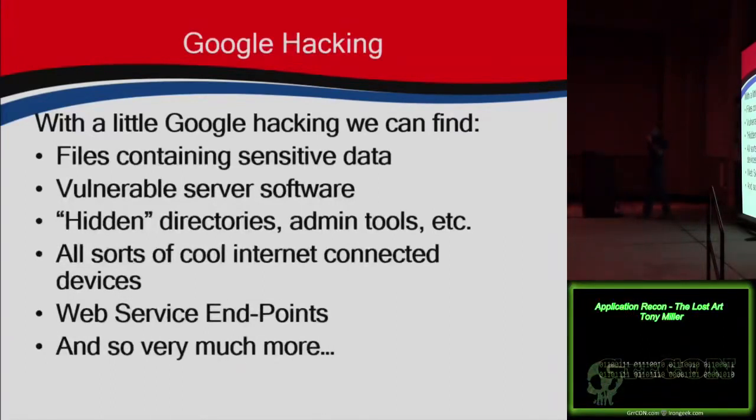Now we're getting into this Internet of Things. Everything is connected. We've got cameras and washing machines, apparently. I guess Jason was talking about this this morning. Holy crap, why do I need my washing machine connected to the internet? But we can find them on the internet, and we use Google to help us. Web service endpoints, that's a great one too. If I'm testing an application, maybe it's got some third party or an API to allow their partners in, whatever. Great stuff. And just tons more.